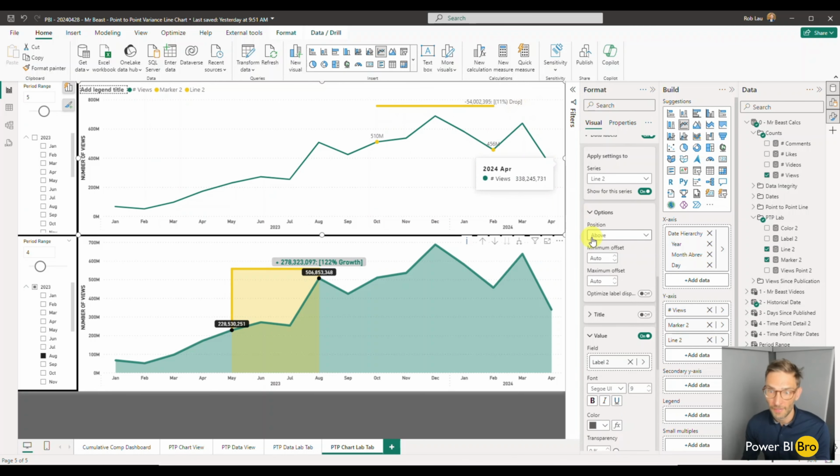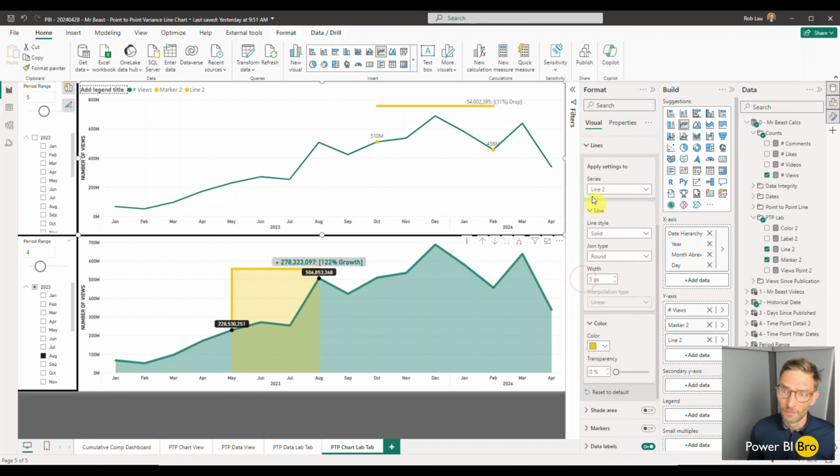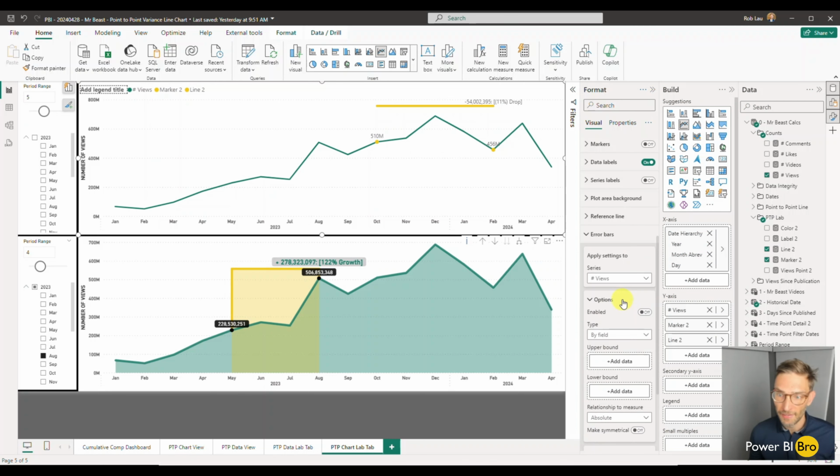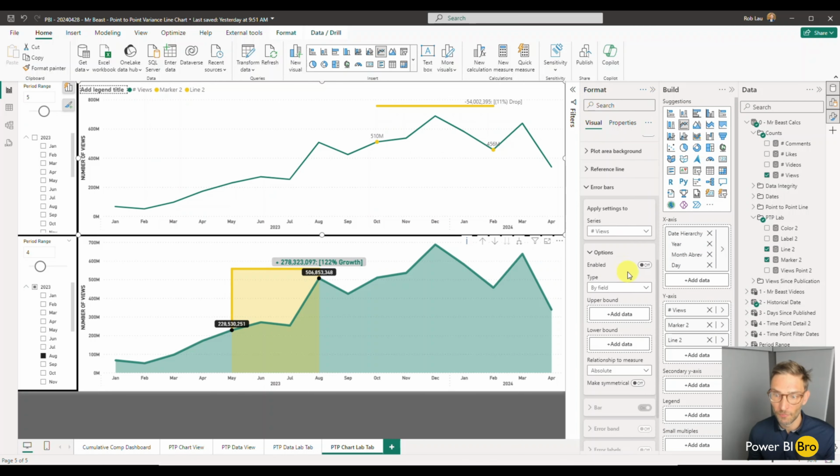Okay, look at that, it's starting to come alive. So we'll format some things here in a minute, but let's add the error bars now. To do that, we're going to go to the error bar section and we're going to apply it here. But what we're going to do is add the upper bound, and that's going to be views